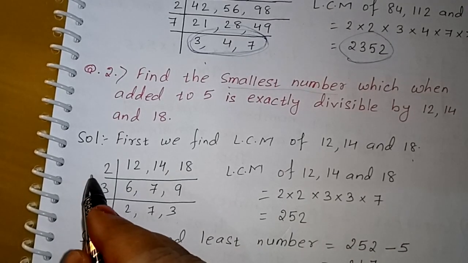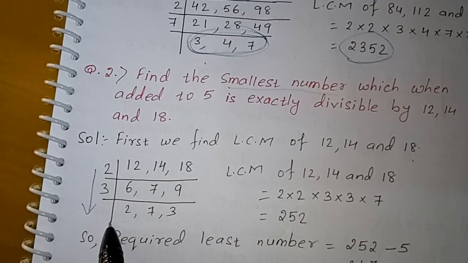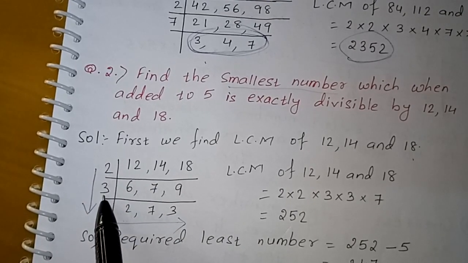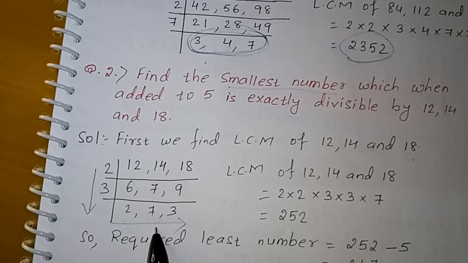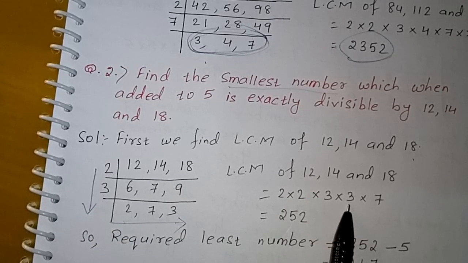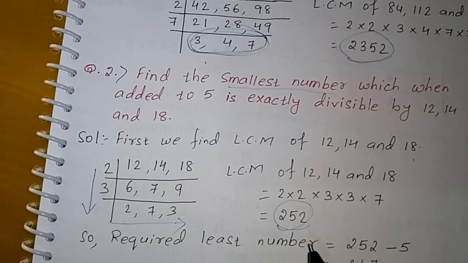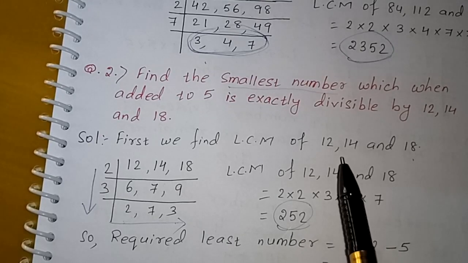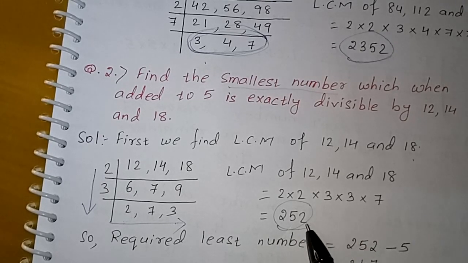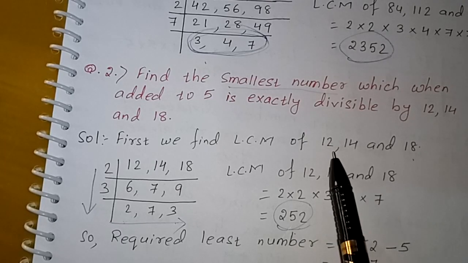You have to go like this: 2 into 3 into 2 into 7 into 3. So you can write in order, 2 into 2 into 3 into 3 into 7. So that is 252. So 252 is the LCM of 12, 14 and 18, meaning 252 is divisible by 12, 14